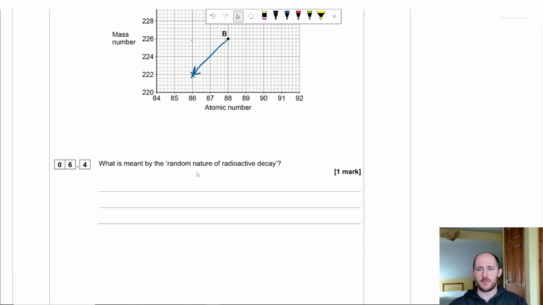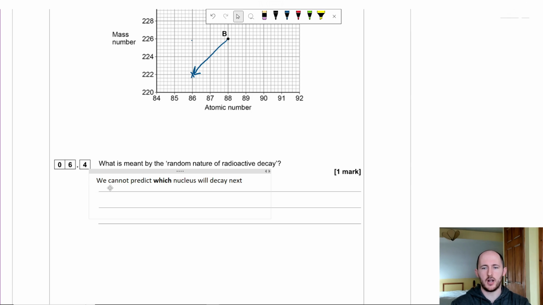What is meant by the random nature of radioactive decay? This is a concept that does confuse some students, and honestly I don't blame you. It's not the easiest. But the idea is, if I have, let's say, 100 atoms that I know are going to decay at some point, I cannot tell which of those 100 atoms will decay first. So, simply put, we cannot predict which nucleus will decay